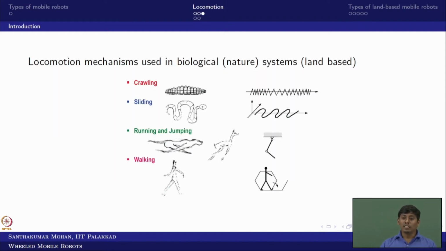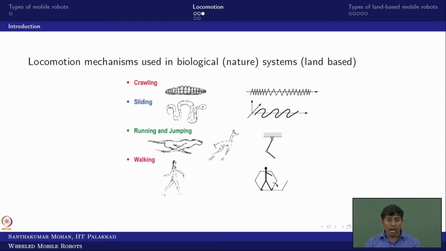So first I will show the basic biological locomotion systems. Even sliding and flowing exist, but I did not include those; I am putting the more realistic ones. One is crawling, for example a caterpillar or a worm. The worm has a crawling operation, which means it compresses and expands, compresses and expands. This can be made into a mechanism, but it is very difficult in execution.